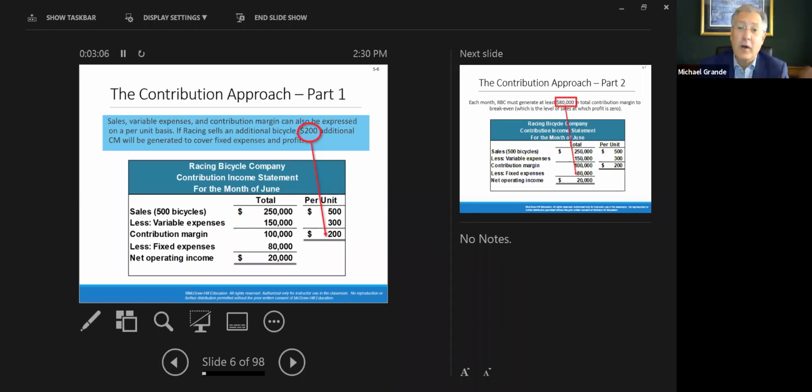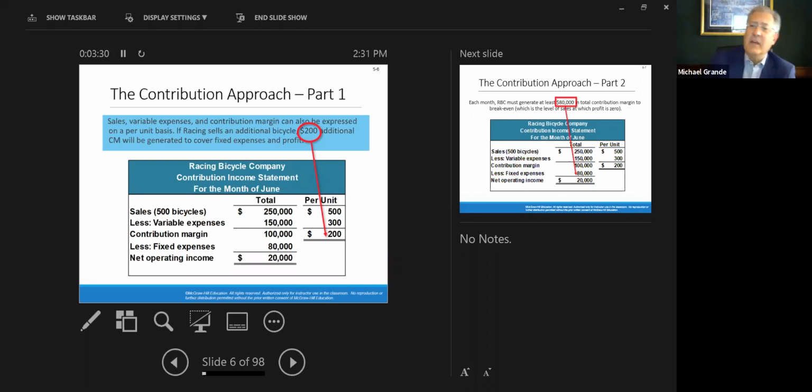Well, again, it's quantity times price. So if you're going to sell 500 bicycles, the variable expenses also need to be based on 500 bicycles. So quantity times price. 500 bicycles times a variable cost per unit of $300, you get $150,000 in total